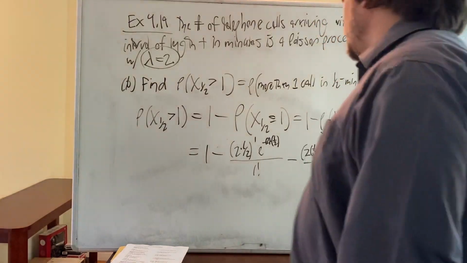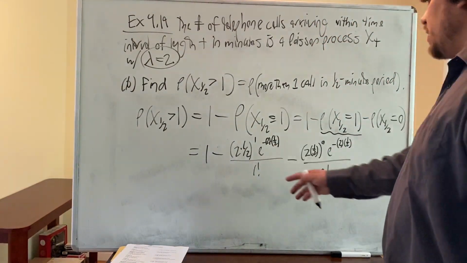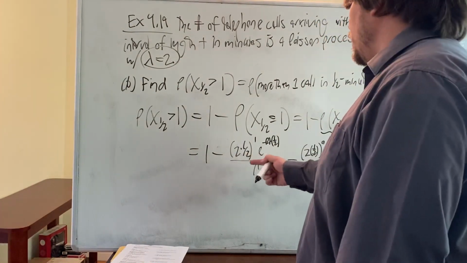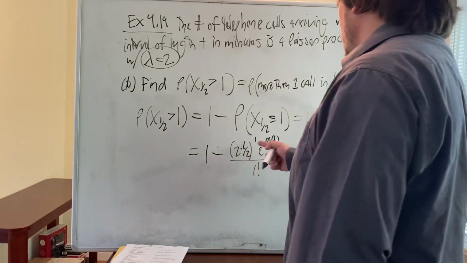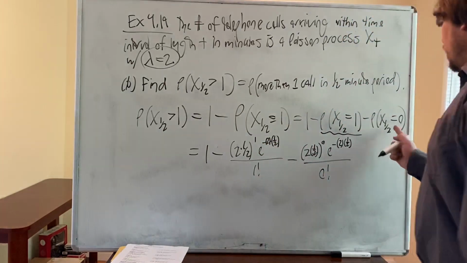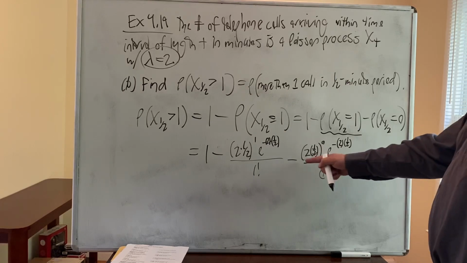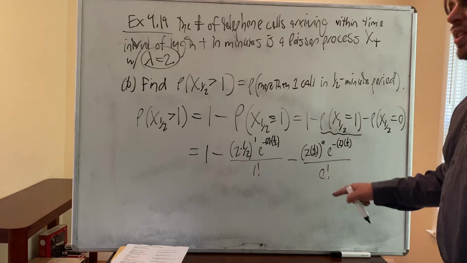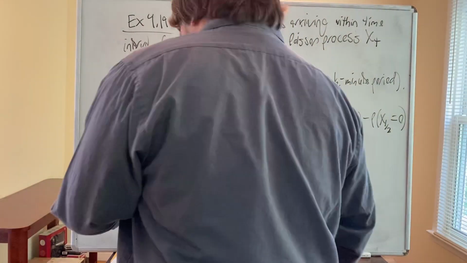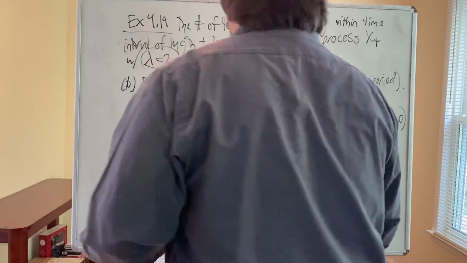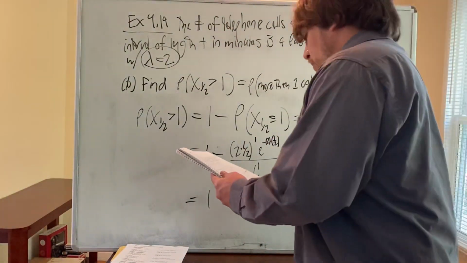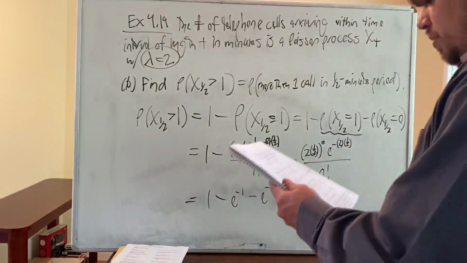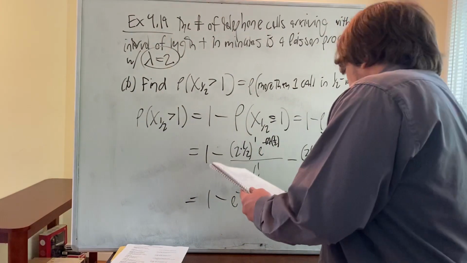Okay, and so the lambda t, right? So lambda is 2 and t is 1/2. So lambda t to the x, here x is 1, e to negative lambda t over x factorial. New values, lambda is still 2, t is 1/2, lambda t to the x, which is now 0, e to negative lambda t over x factorial, which is 0 factorial. This is 1 minus e to the negative 1, because everything else is 1, so it becomes e to the negative 1, minus, that's also 1, and so you get e to the negative 1. So it's 1 minus e to the negative 1 minus e to the negative 1, which is